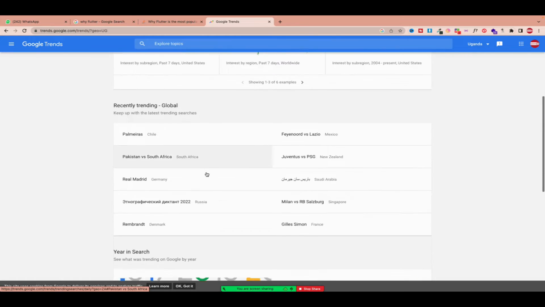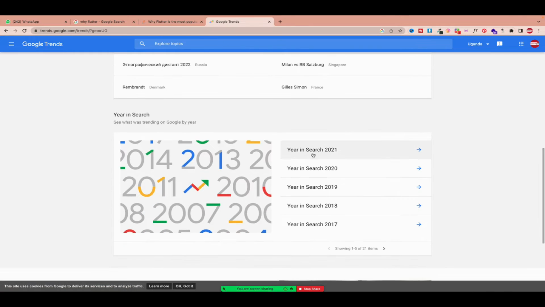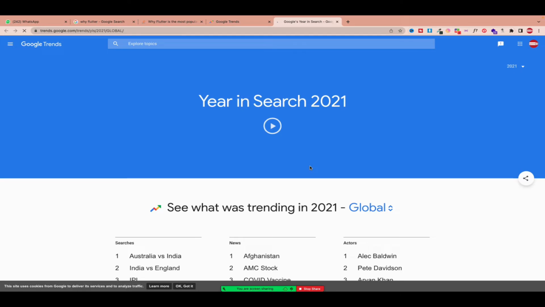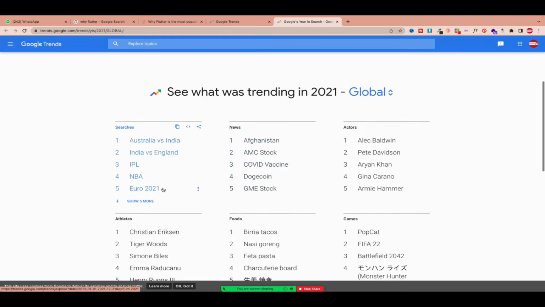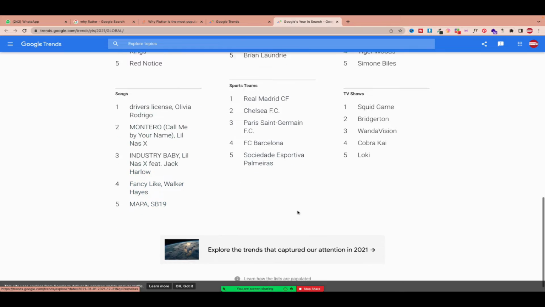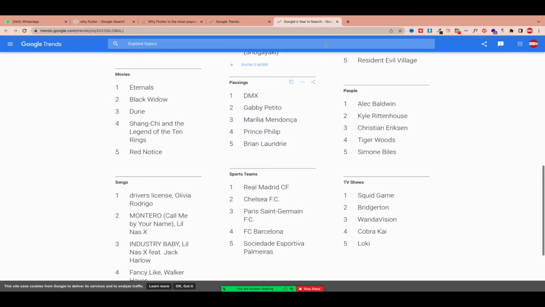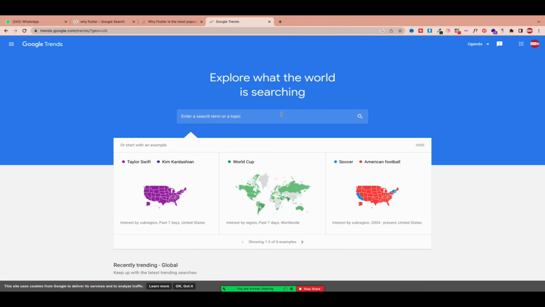They will show you what people are searching recently. They will give you reports. You want to see the report of the last year, or the reports of different years. It is here. When you click here, they'll give you a whole summary of what went on in 2019, even in different countries. What did Ugandans search in a specific year, with the songs and everything. Just know everything that you search on Google. So here they'll summarize the whole year for you. Now, I will not go so deep into that.